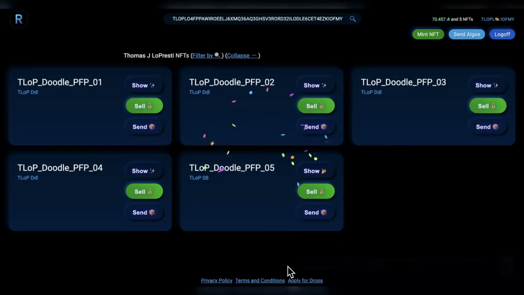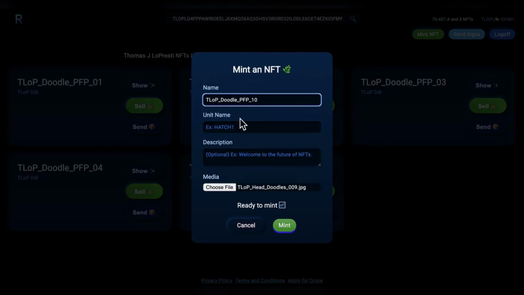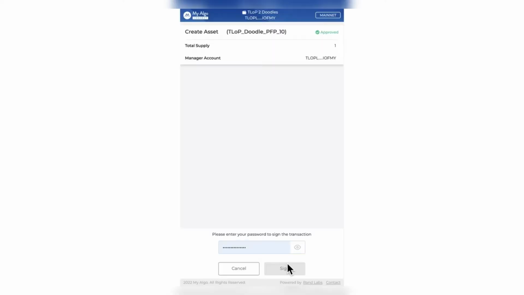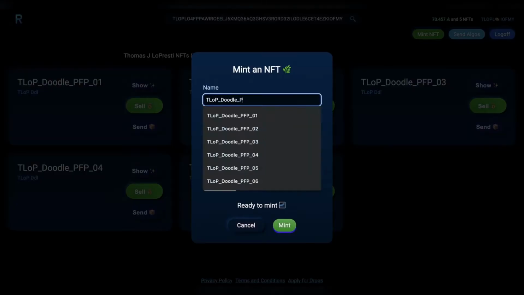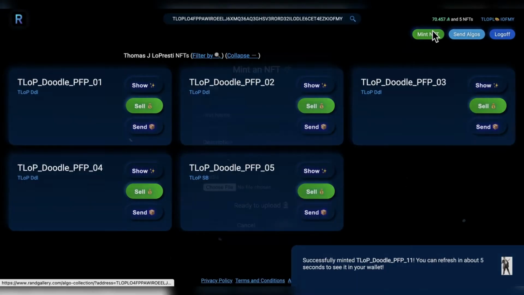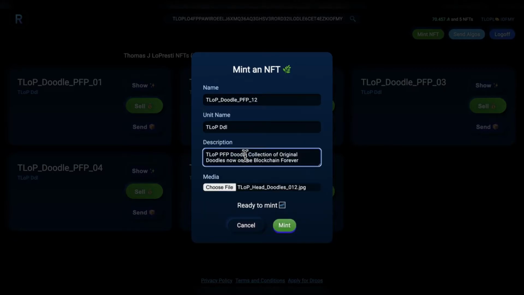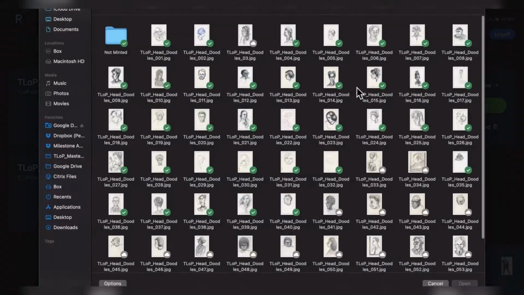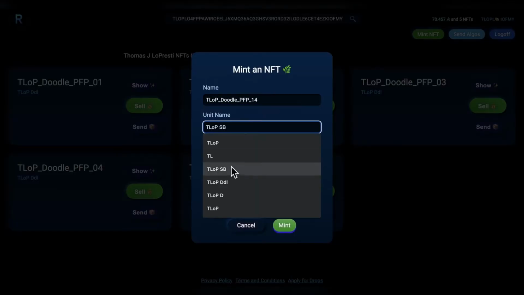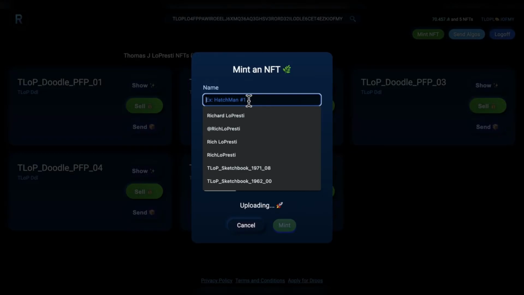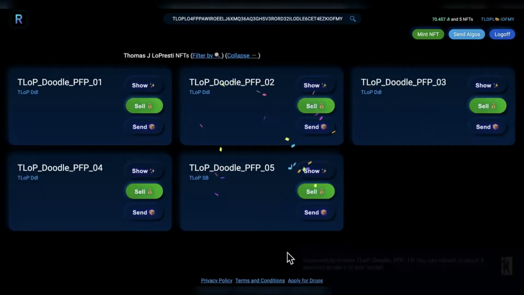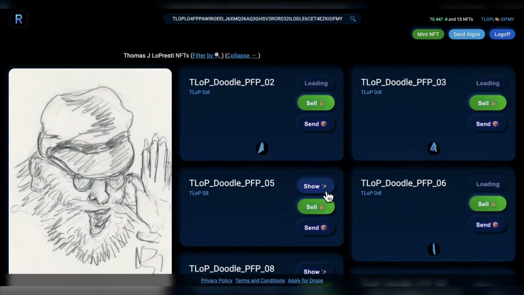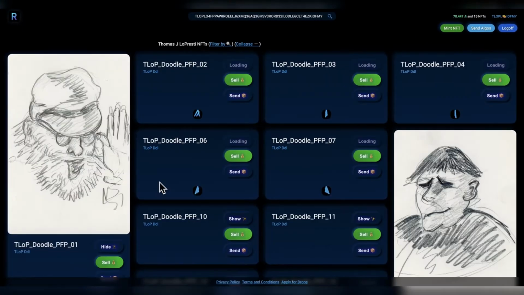So this is the OG of PFPs. These doodles were probably drawn somewhere between 1940 and 1970, possibly. Have lots of them. These are the first 50. Not sure how many exactly we have, but I'm thinking this might be one of the biggest drops, the PFP drop. This is, again, 50, but we probably have at least another 150 or 200 that still have to be